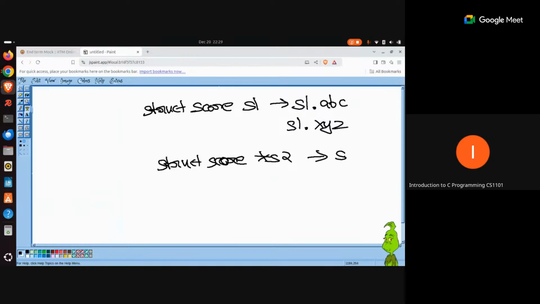You will start using the arrow operator now. If you are using a pointer, then you will use the arrow operator in order to access the properties. So ABC, the same property which you are able to access with the object S1 using S1.ABC, now you will have to use S2 arrow operator ABC. And for XYZ, you will have to use S2 arrow operator XYZ, just because this S2 has now become a pointer. This is not the object. This has now become a pointer.